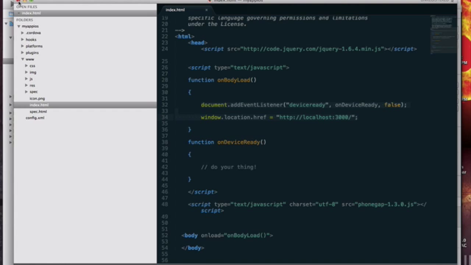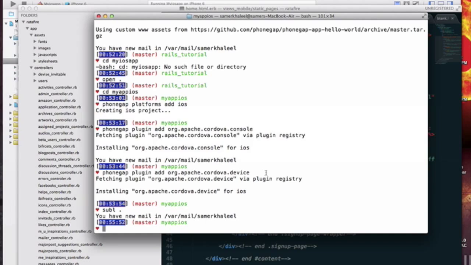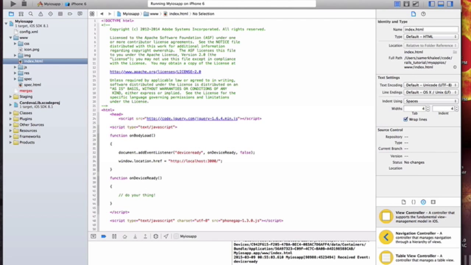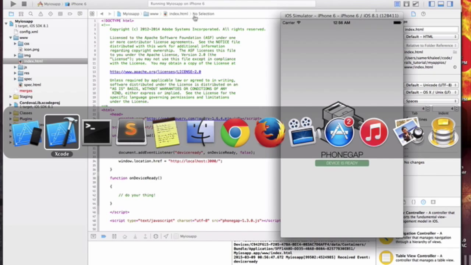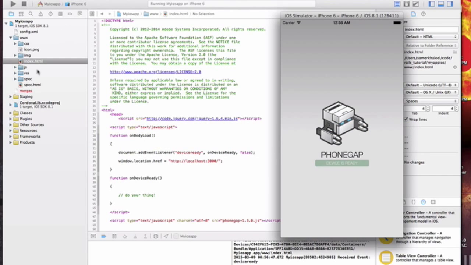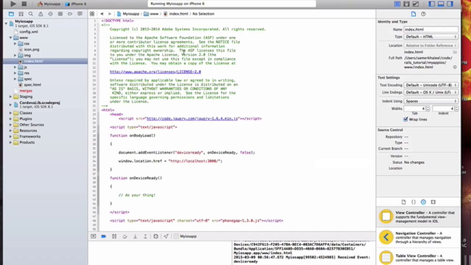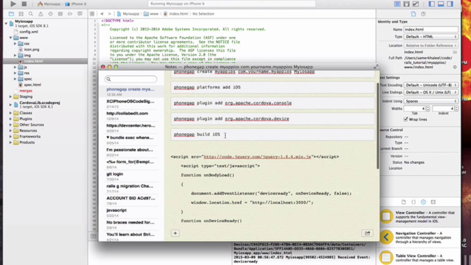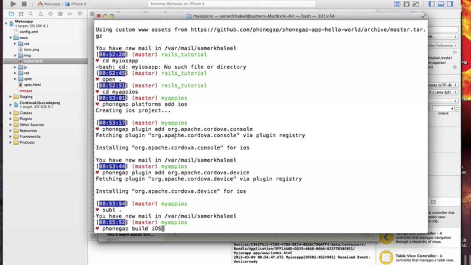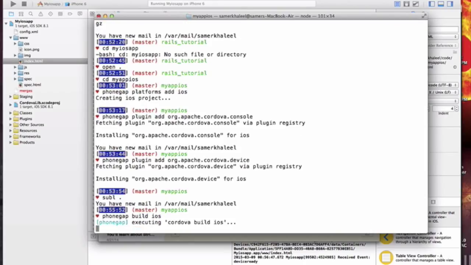So if I close this and run it again, it's not going to build, it's going to be the same thing. Why? Because this is outside the project. So we need to build the project in order to update the changes. The way to do that is by this command: phonegap build ios. Make sure it's in small letters. And when I do that,